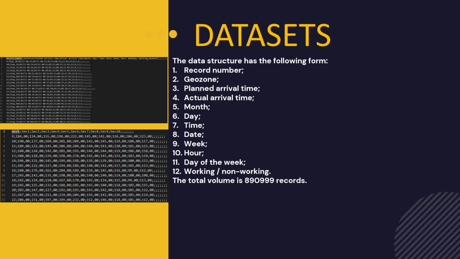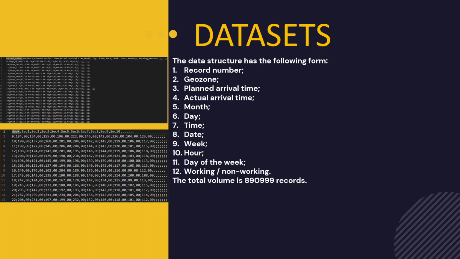The dataset has the following structure: record number, geozone, planned arrival time, actual arrival time, month, date, time, week, hour, day of the week, working and non-working day. The total volume is equal to 890,999 records. After cleaning the data from empty cells, incomplete rows, additional errors and information failures, and filtering out the general time frame of the duration of operation of vehicles on the route, 716,860 records remained in the dataset, where the first 21 records are shown in the figure on